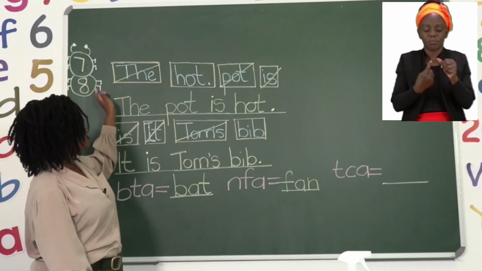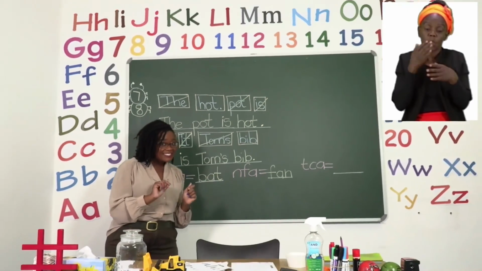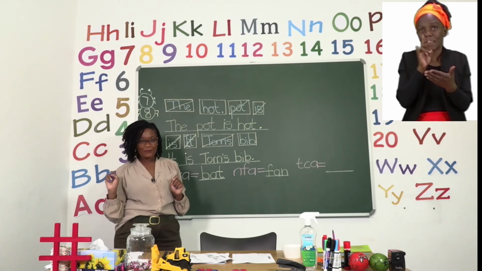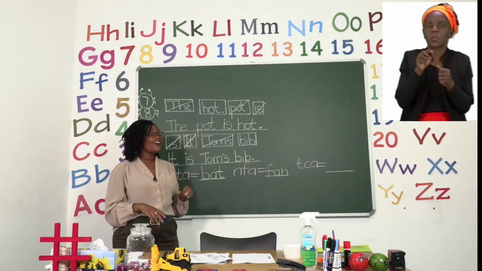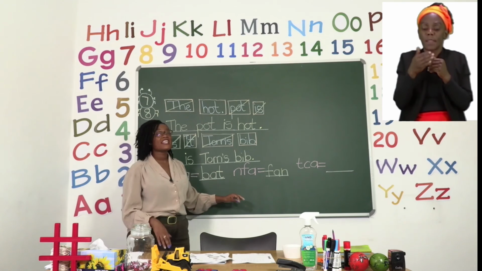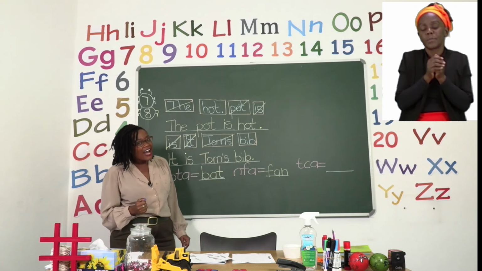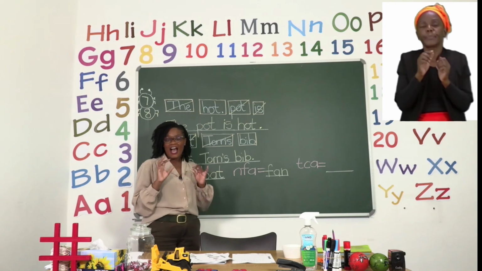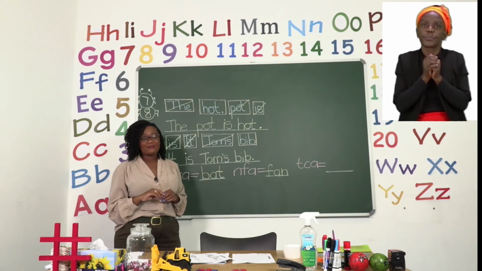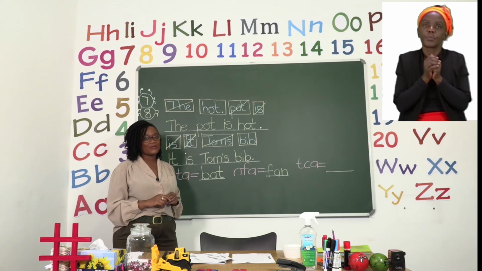First, do the one on page 7. And remember all the clues I gave you. The capital letter, the full stop as well. And try and match the boxes. And then on page 8, make sure you say the word slowly so that you know which sounds it is making from the letters given. Unscramble and make sure that when you do unscramble, check if it is the correct word.